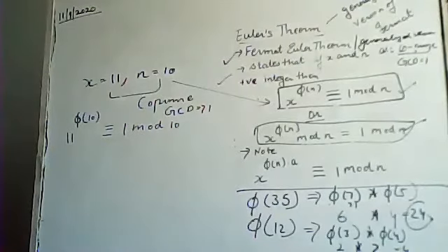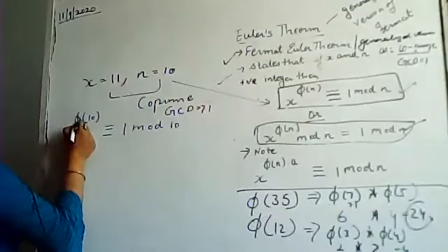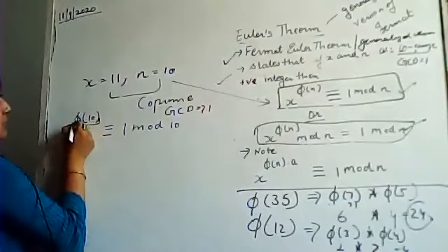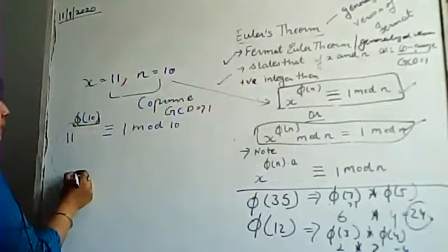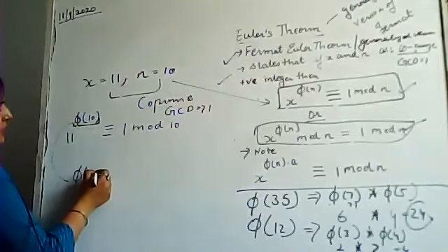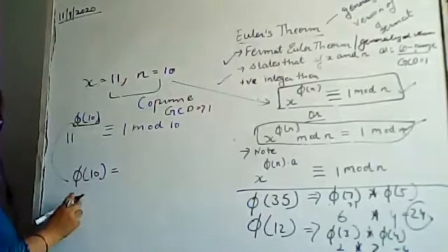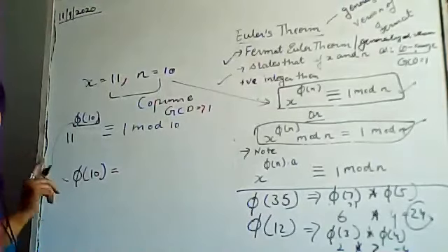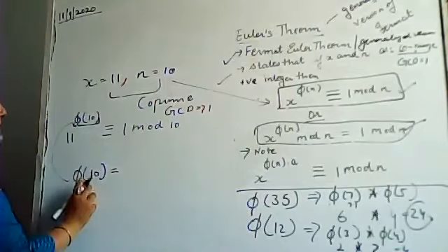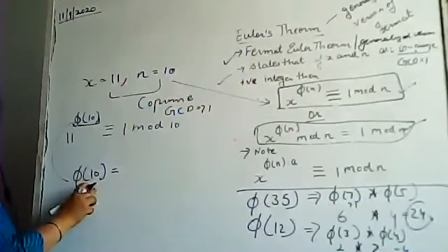Clear? Now in the previous theorem we have discussed how we can solve this particular thing. So we need to solve this particular phi 10 over here. So what value will we be getting? If you remember the note, the point that I noted in the last theorem, is that we can have multiples of this particular number.